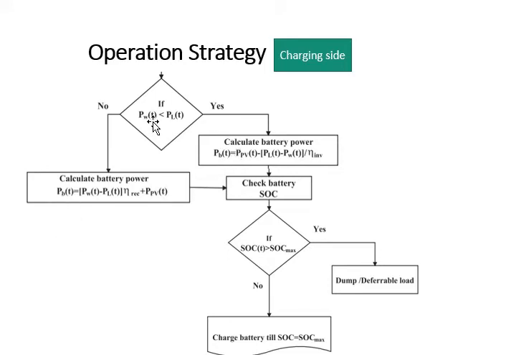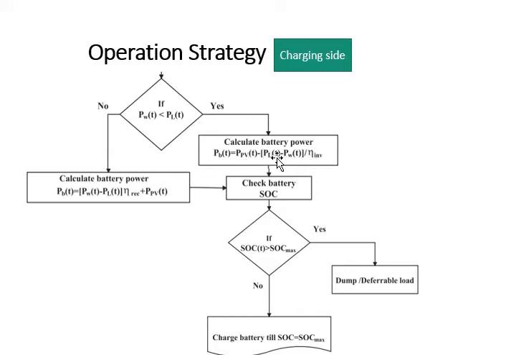So if only the wind is not sufficient to meet the load demand, then the battery power will be calculated by this one: the load minus wind turbine, the remaining energy after dividing by the inverter, as we have to draw more. The remaining power will be drawn from this PV. The PV power is DC, so we are dividing this by inverter efficiency.